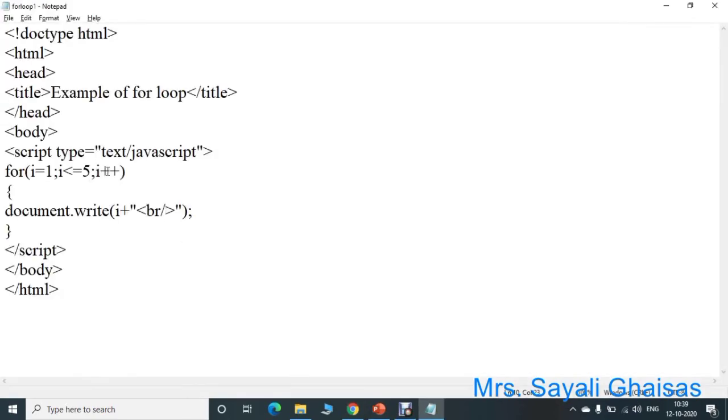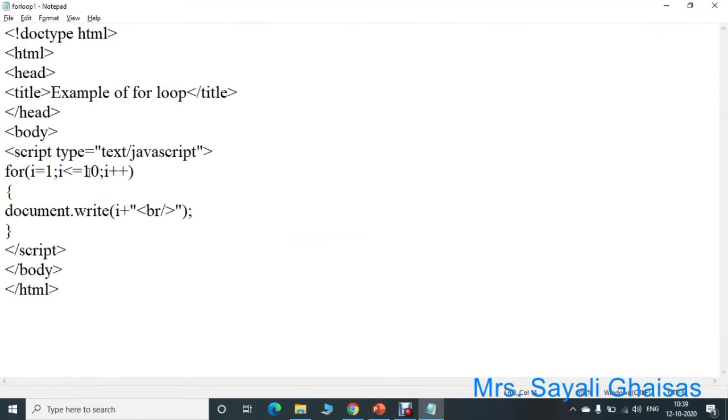So here i++ is nothing but an incrementation. Here if we change the value, suppose it becomes 10, then the values will be printed as 1 to 10. In this way we can change the condition and get the desired output. If we do not write equal to here, that is i < 10 is our condition, then up to 9 the condition will be true.